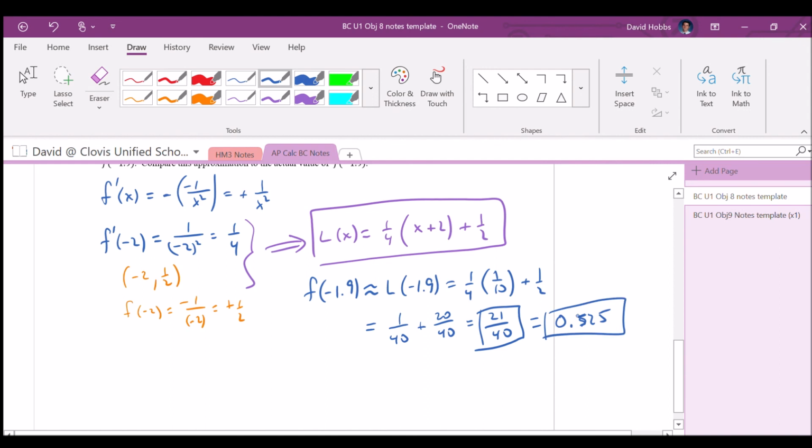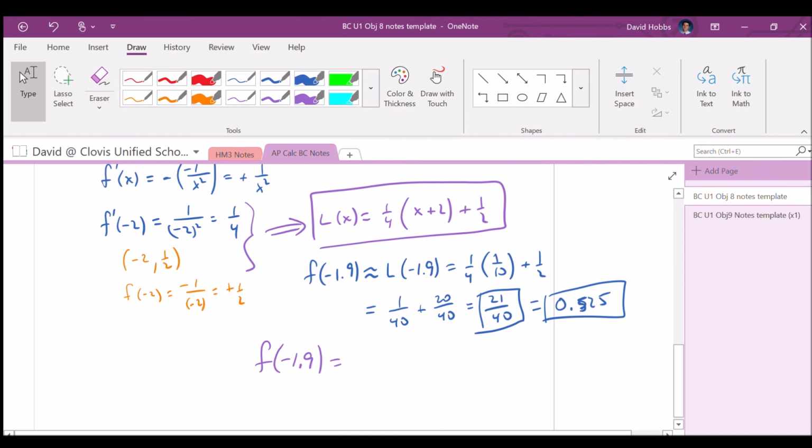And we're going to compare that to the actual f of -1.9, which is equal to the opposite of 1 over -1.9, so we can see it's positive. 1 divided by 1.9 is approximately 0.5263, and we can see our approximation is